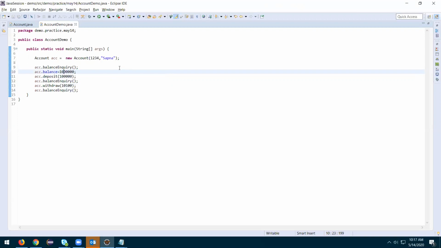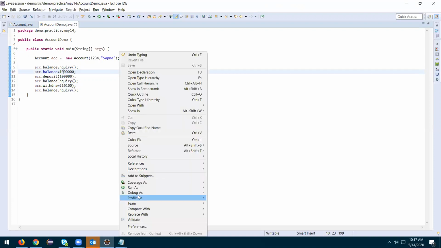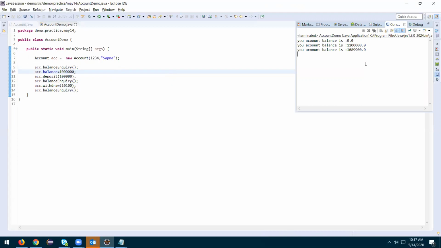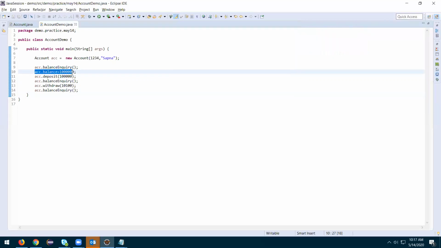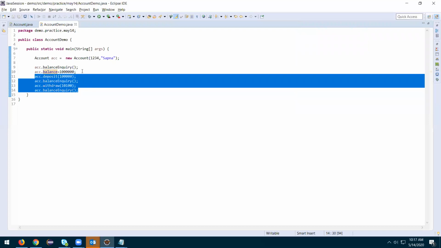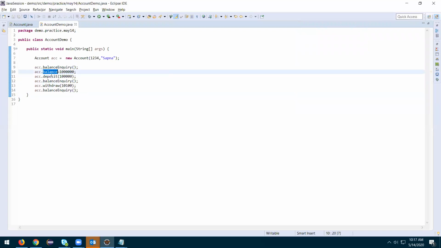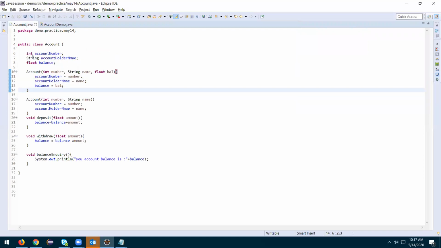So what will happen if you try to run this? Suddenly her balance is increased so much. Outside persons should not be directly accessing the balance. They can do it through behaviors, but they should not directly expose it. That's why we make all these private.